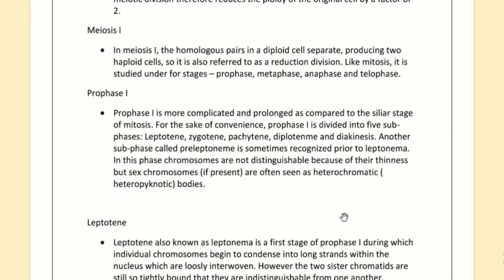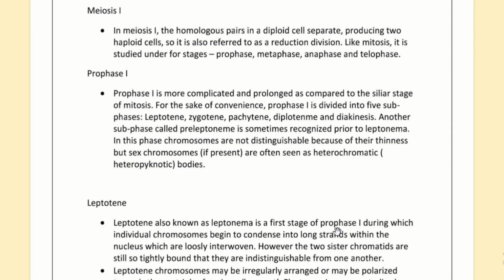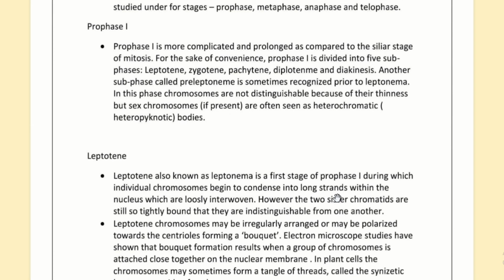Meiosis 1. In meiosis 1, the homologous pair in a diploid cell separates, producing two haploid cells. So it is also referred to as a reduction division. Like mitosis, it is studied under four stages: prophase, metaphase, anaphase, and telophase. Prophase 1 is more complicated and prolonged as compared to the prophase of mitosis. For the sake of convenience, prophase 1 is divided into 5 substages: